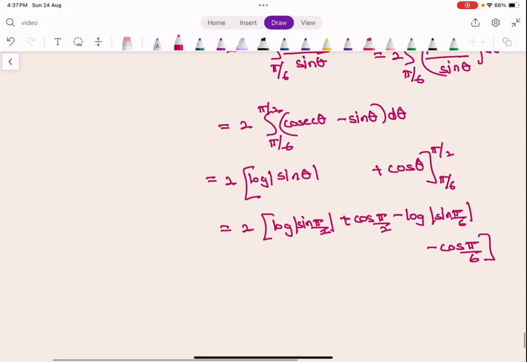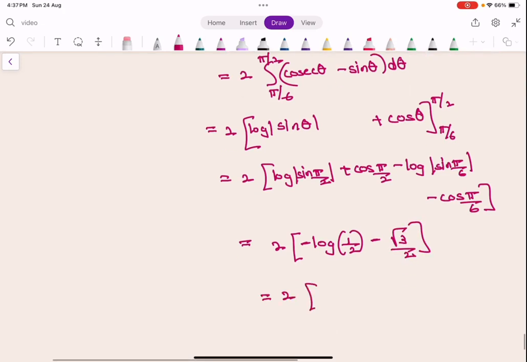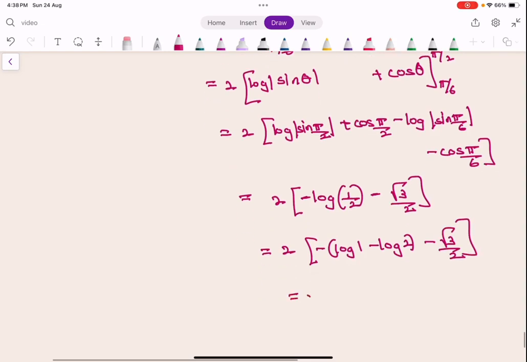Sine pi by 2 is 1, log 1 is 0, cos pi by 2 is 0, and sine pi by 6 is sine 30. Sine 30 is half. So you get minus log half, minus cos pi by 6, which is cos 30, which is root 3 by 2. So you can further simplify this and write it as minus log 1 minus log 2 minus root 3 by 2. Log 1 is 0, so you will get 2 log 2 minus root 3. This would be your answer. So we have learned how to calculate the